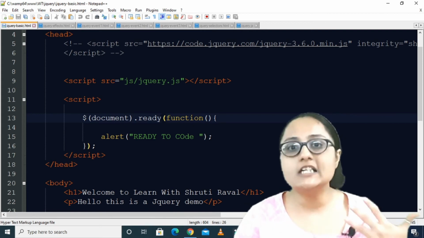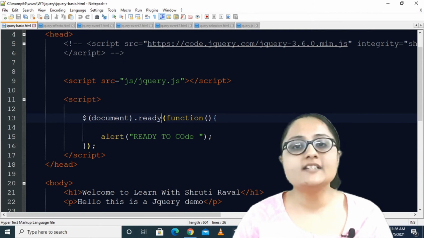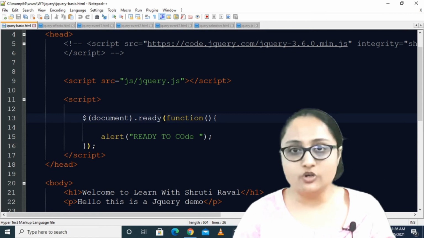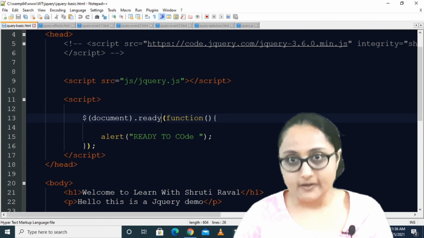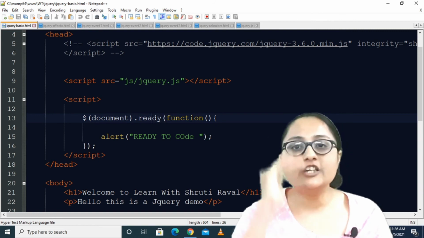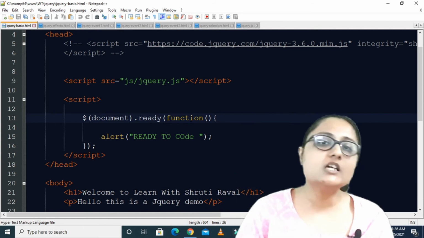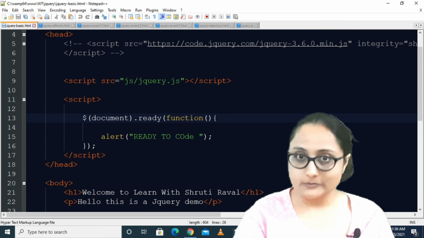Now this is the most common code that you will see in jQuery. It is applied when your HTML document is ready. Once you run the HTML document in your browser, your HTML document becomes ready. So when will this function be called? When your HTML document is loaded inside your browser, this ready function will be called.